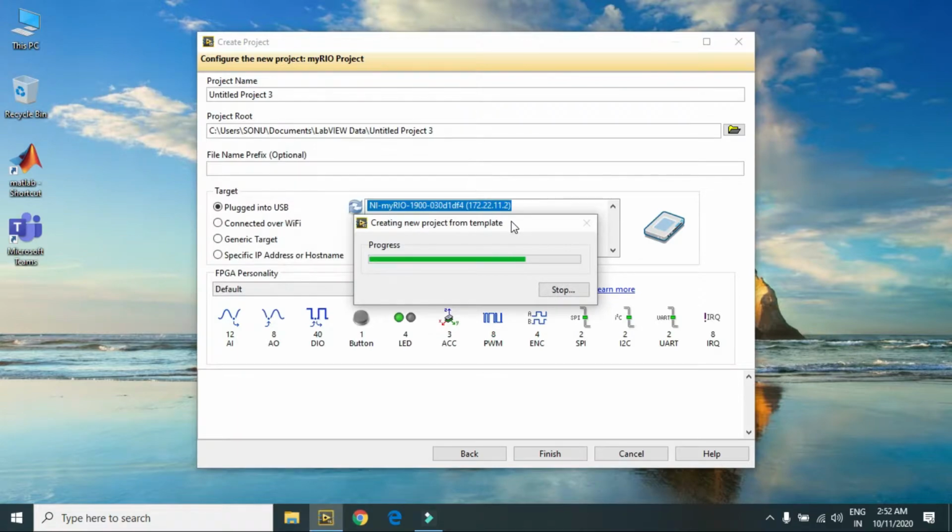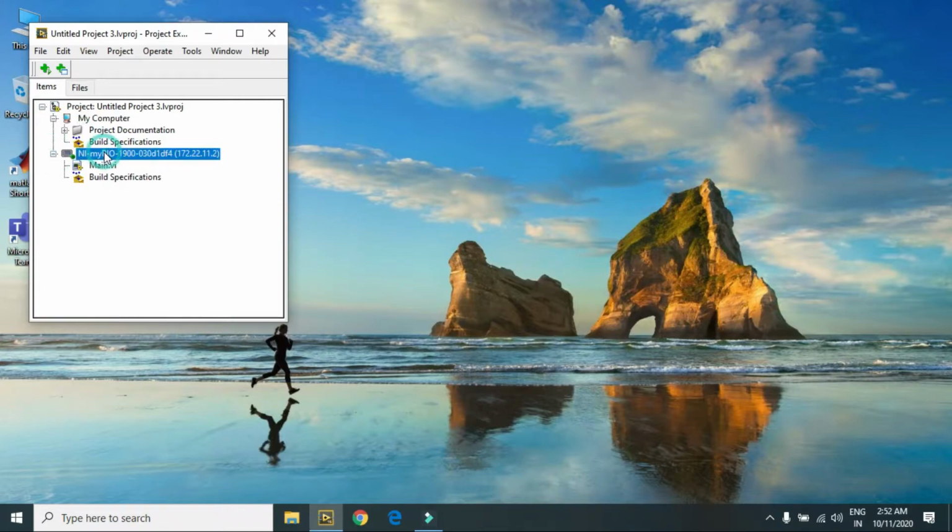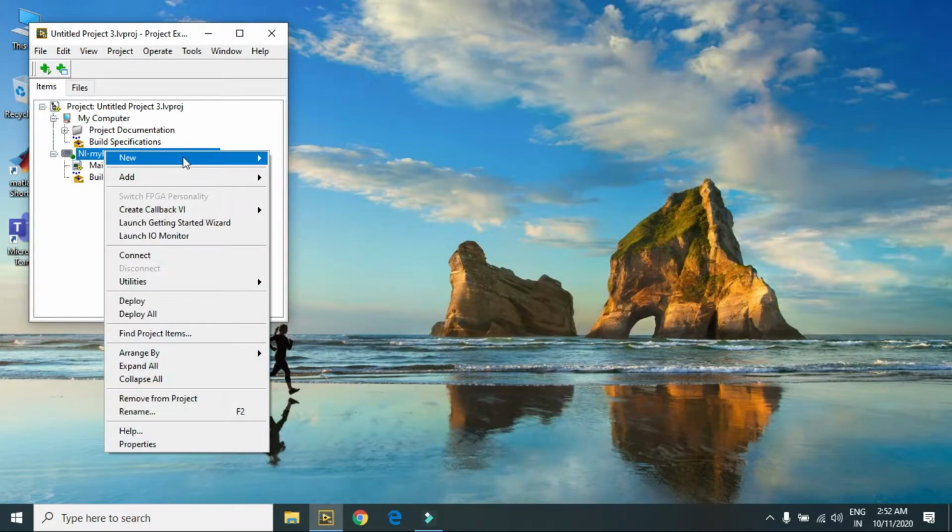Next we have to create a VI in a project. Here is my untitled project 3 and here is my MyRIO. You have to just create a new VI.